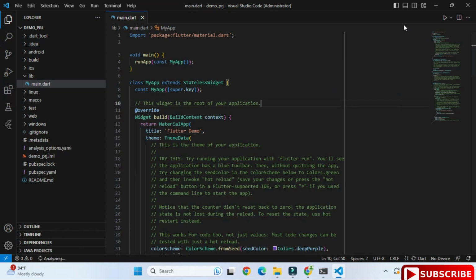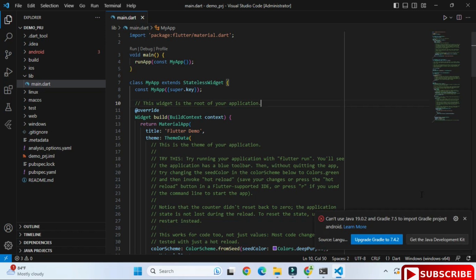So it has created your Flutter project for Android, for iOS, for web. All types of application it has created. So you can run it on Chrome, you can run it on iOS, you can run it on Android also, as well as web. So now I will be showing you the Flutter project on web. You can do the setup of Android as well as iOS. So right guys, now how will we run it for web.